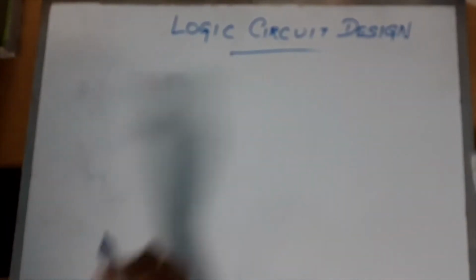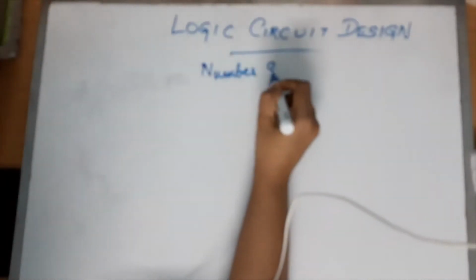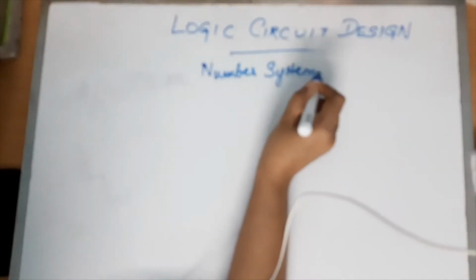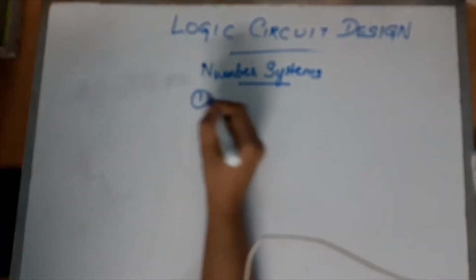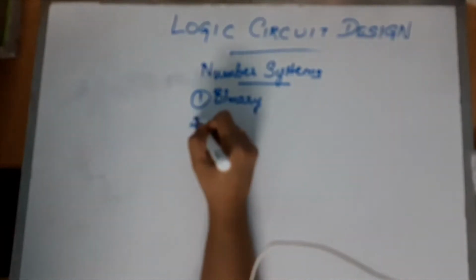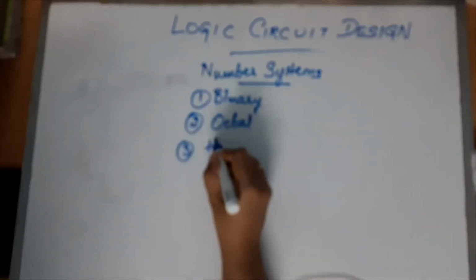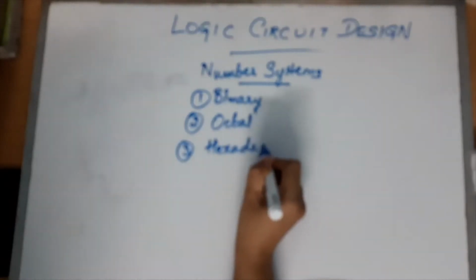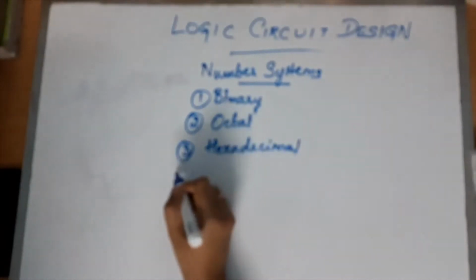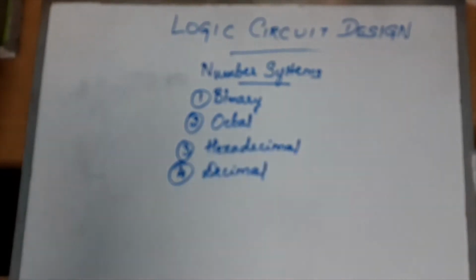So we have to learn about binary, octal, hexadecimal, and decimal number systems. So when you talk about these number systems,